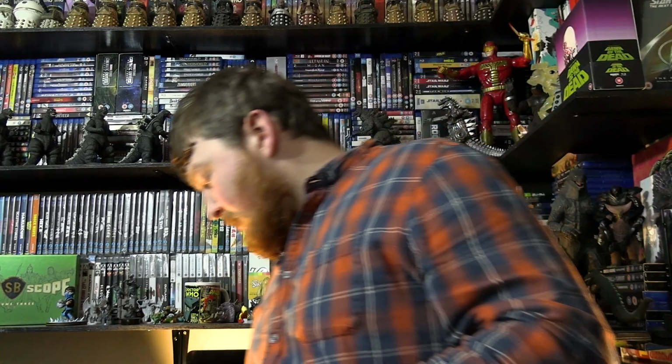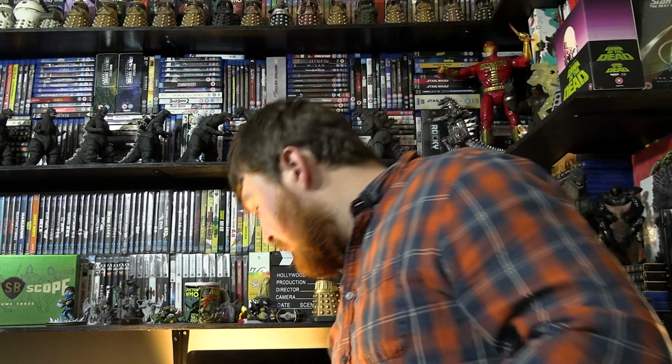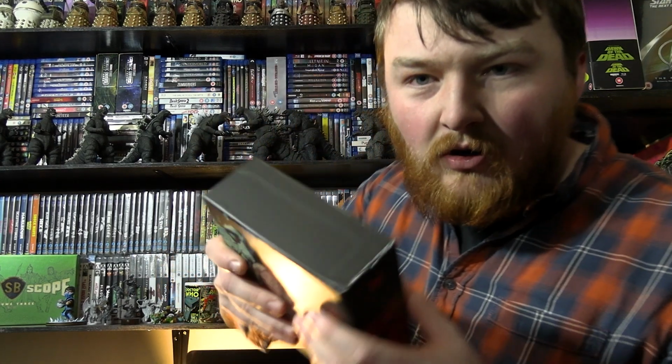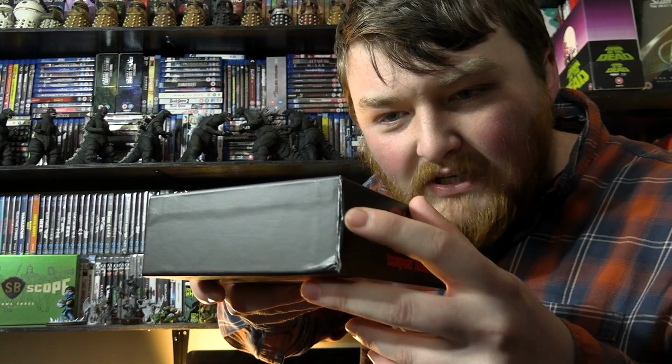So before we go into the box set, perhaps if I open up a tiny bit, on the corners here we do have a little bit of denting. You know what I'm going to say, don't you? But perhaps the biggest crime is on this interior box here, which there is damage at both ends. You can really see it on that end, and to be fair, in my opinion, that is